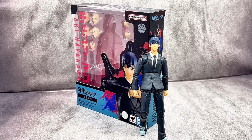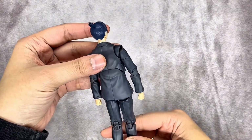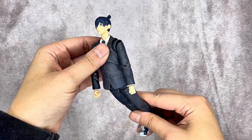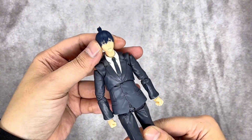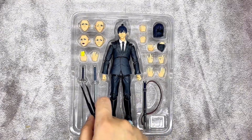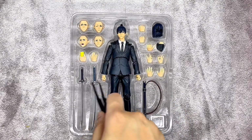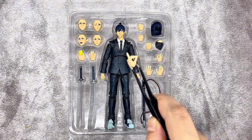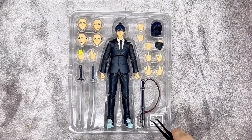At number 4, we've got the cool and collected Aki Hayakawa, and this one finally brings the quality up. Aki's figure is great, the suit design is clean, articulation is solid, and the best part, the accessories. To sum up the accessories, you get his devil hunting sword, this one, his fox gesture hand, this one, and also a very tiny